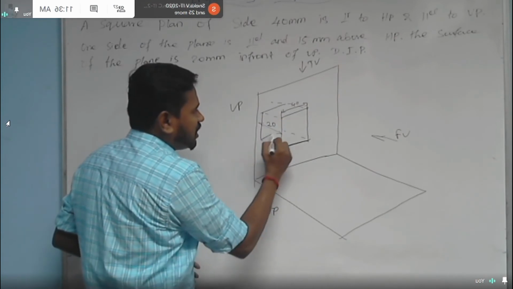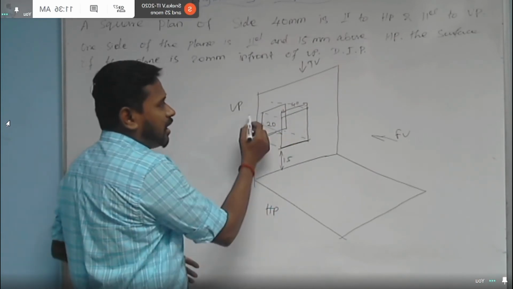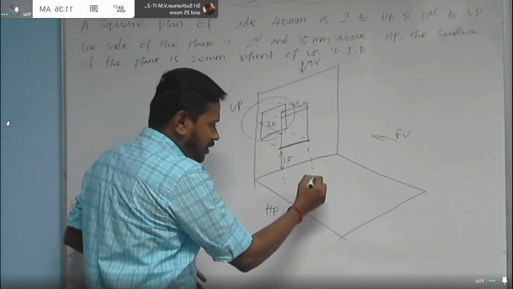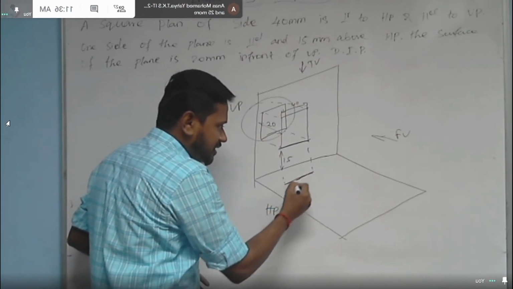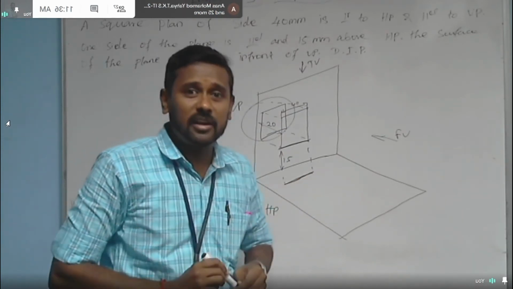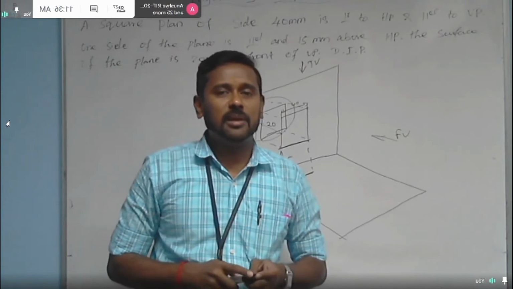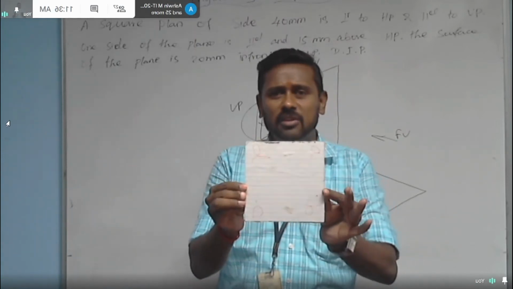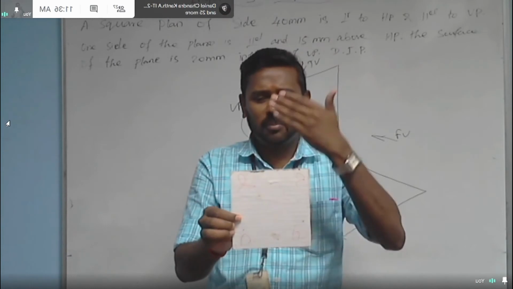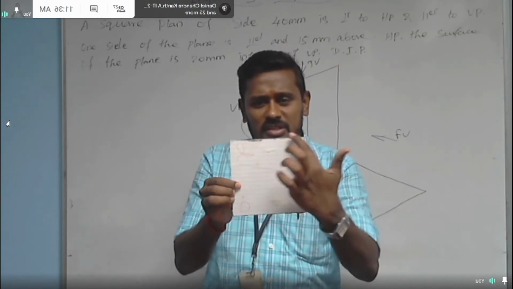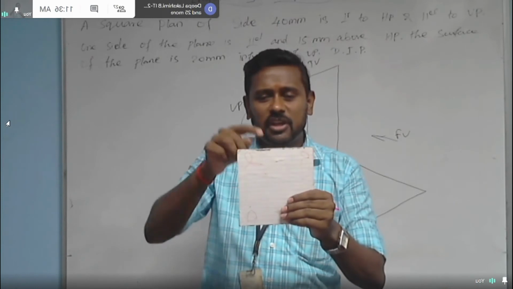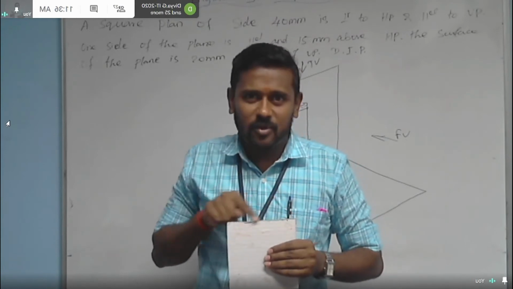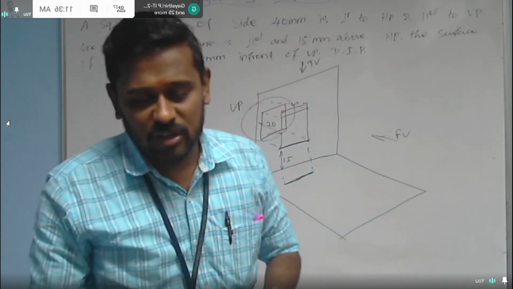The square shape view of the plane is obtained in the vertical plane. If you see it from the top, definitely you will see only a straight line. The plane is not looking as a plane when you see it from the top. See, it's a logical result. I am having the plane perpendicular to HP and parallel to VP. Now you are able to see its shape as a square. If you see it from the top, are you able to see the square shape? No. You can see only the straight line. So this is the uniqueness here.